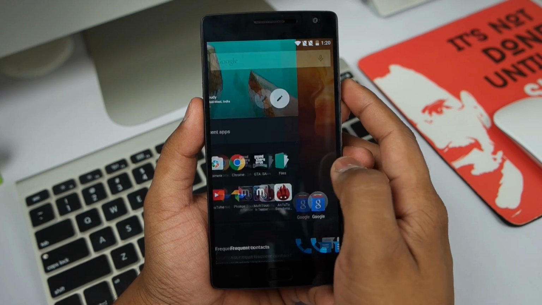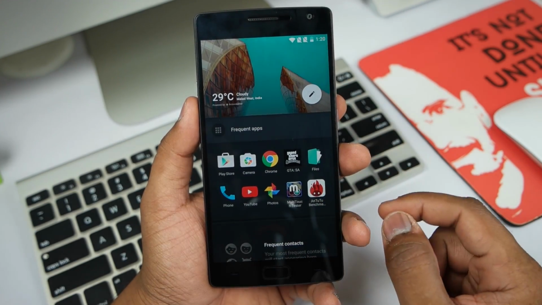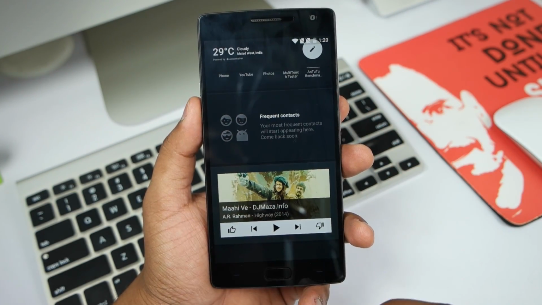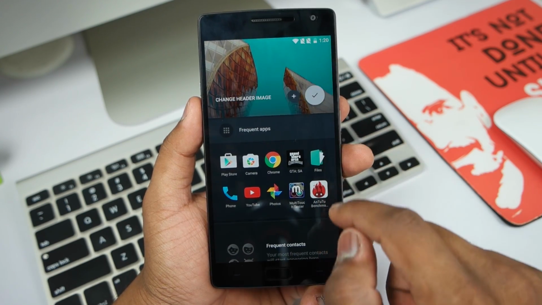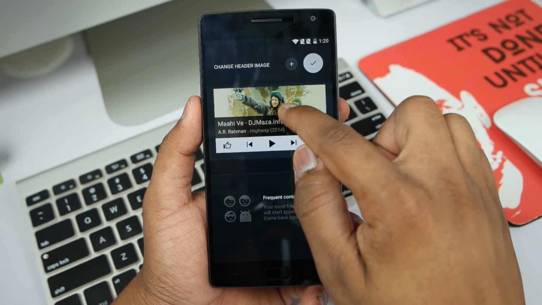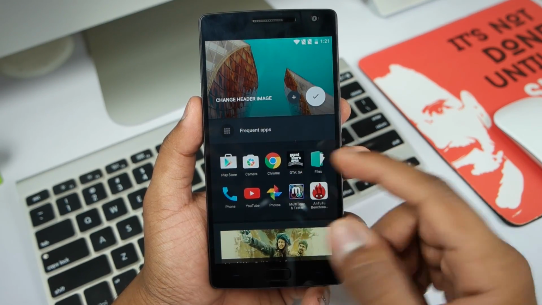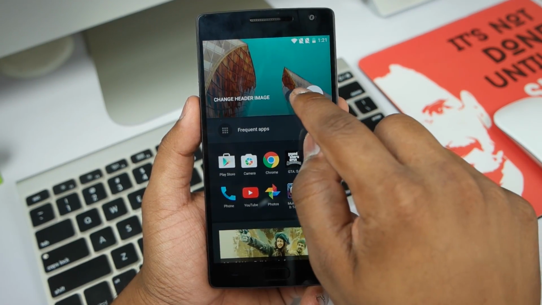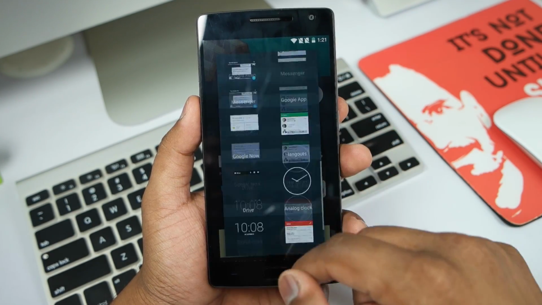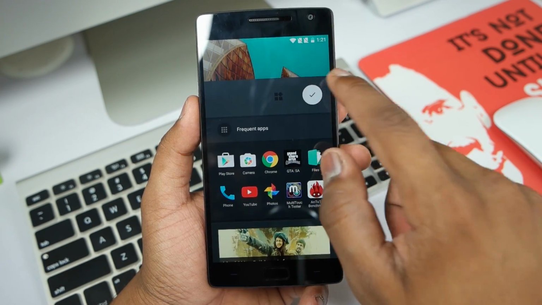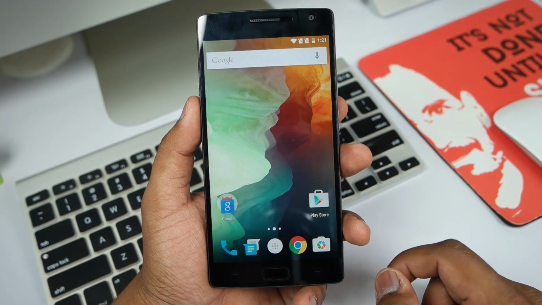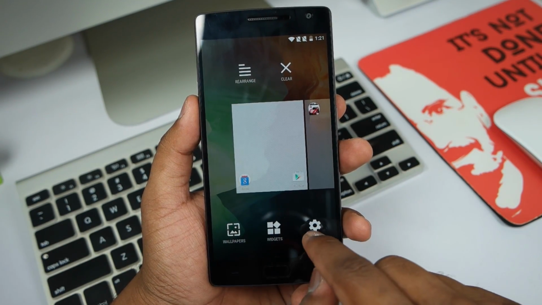Now starting up with the software features, on the extreme left of your home screen you will find Shelf, where you will see all your frequent applications which are used by you and frequent contacts. You can also add widgets by tapping on edit and you can move them around as you like. Now you can also add widgets that are available for you to add on the home screen. Simply by tapping on the add button, you'll see the list of widgets that are available. You can add those widgets over here and you can use them, and you can free your home screens from widgets. So that will make your home screen look much neater.